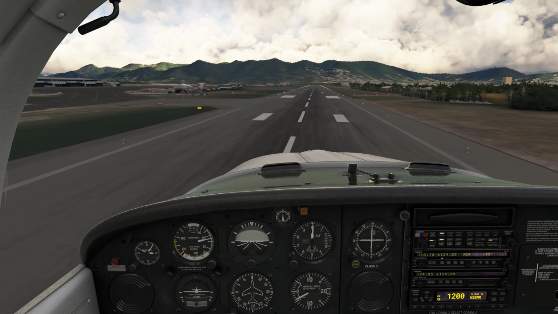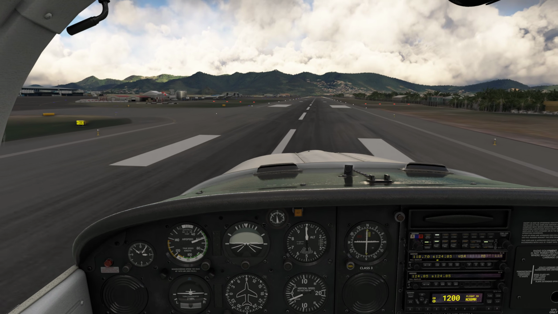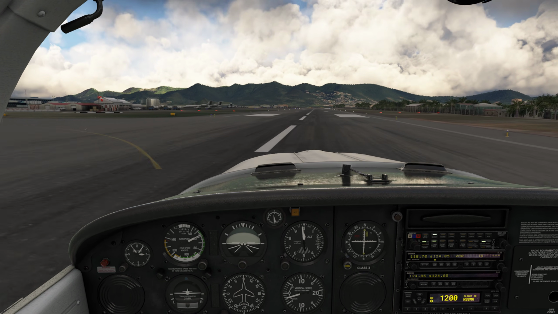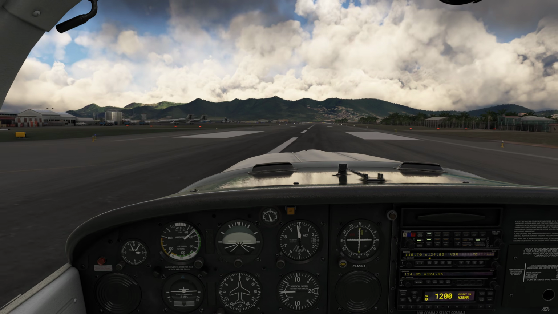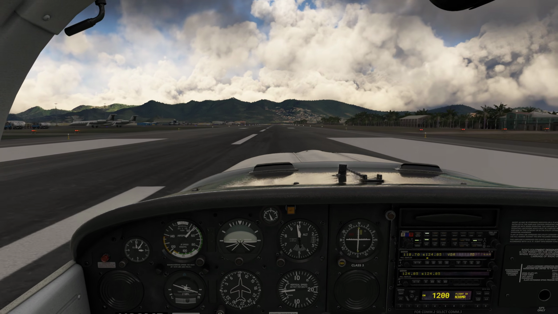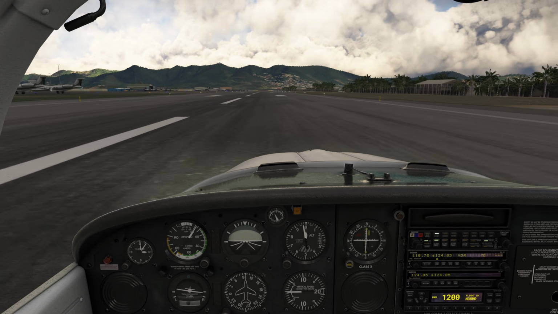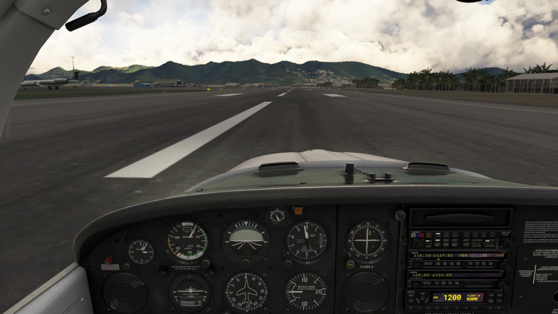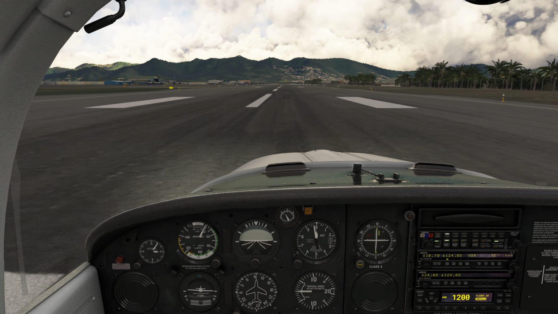Power coming back. Power out. And then just pull that nose up, hold it off. Not quite as good a landing as the last one, but